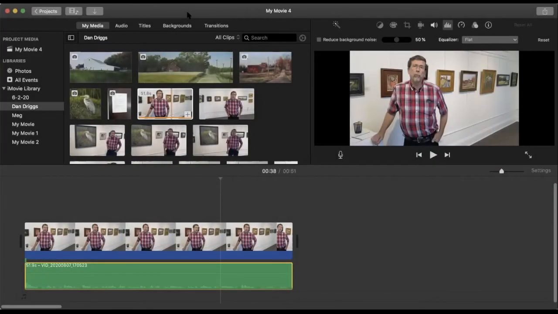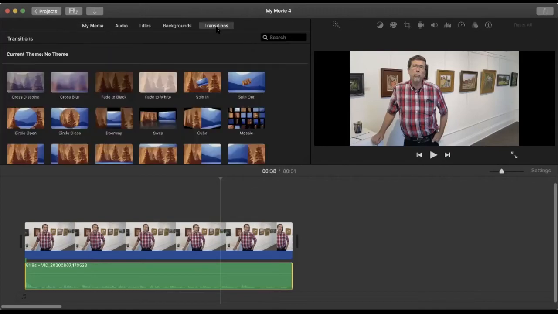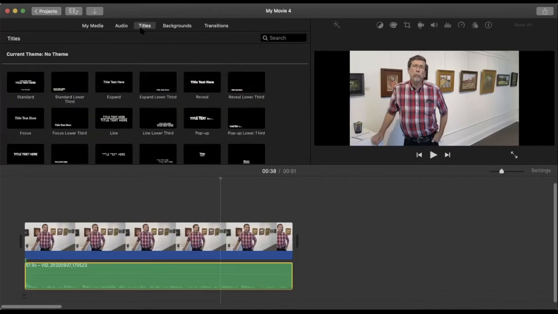So today I've showed you how to import files into iMovie. I've showed you how to trim the beginning and ends of clips. I've showed you how to split clips into multiple clips so you can then trim out sections you don't want. I've showed you how to use transitions, which go in between clips to help either add to the drama or make them smoother. I've showed you how to use the titles in order to add text or calls to action